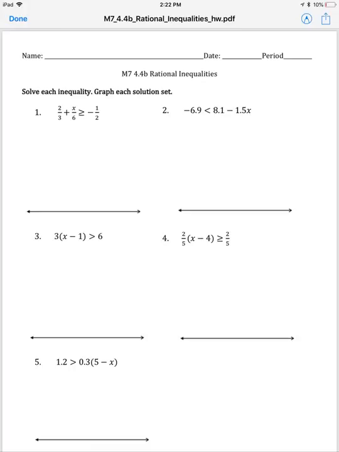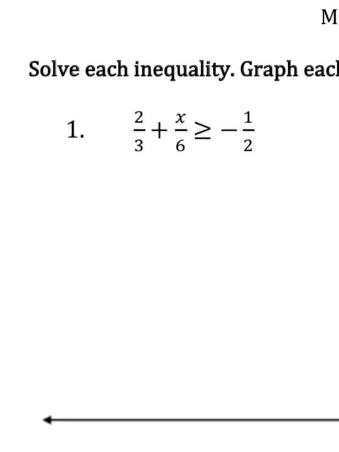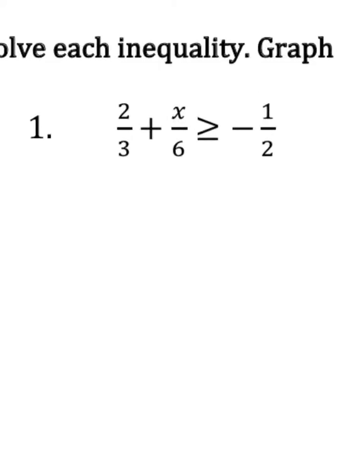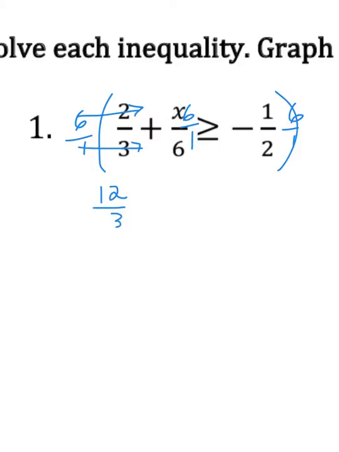Okay, let's take a look at this. All right, right here we have fractions, we have inequalities. When we have fractions, we want to try to get rid of the fractions. So let's multiply everything by the largest denominator, which is 6. So if we multiply everything by 6, or 6 over 1, this top one would be 6 times 2 is 12 divided by 3, and that would give me a 4, and there's a